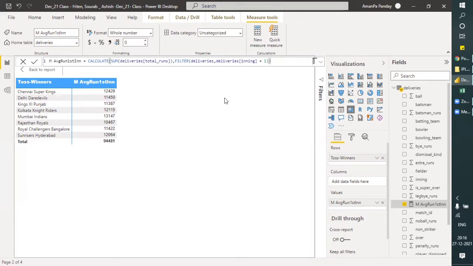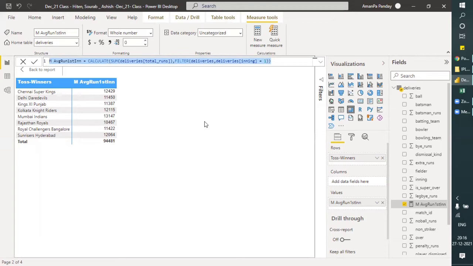I have a question. Can you show me the second inning average with the same formula? Then we can verify the data. Kailash, how many times do I have to tell you to be present? Do you have any question on this expression, without second inning verification? Did you understand this? What did I do here?